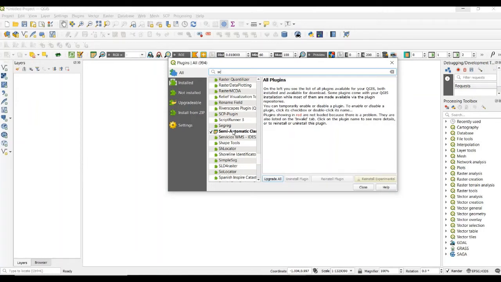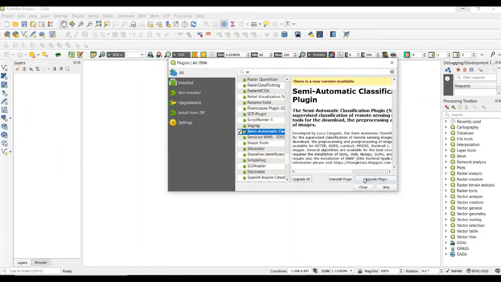I already installed this plugin, that's why it is checked in my system. But if you have not installed that plugin, the install option will appear in your window. So first install that plugin in your QGIS.